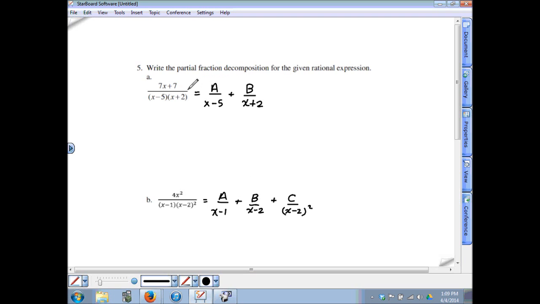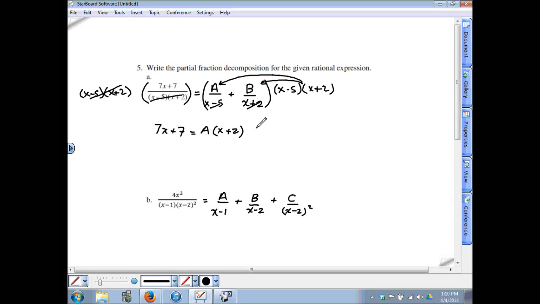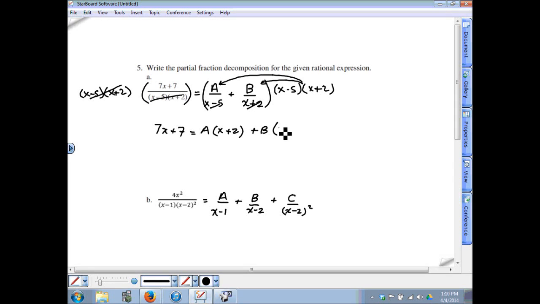Now up here on part A, after you make the form of the partial fractions, you multiply each side of the equation by the lowest common denominator. In this case, it's x minus 5, x plus 2. So that cancels out the denominator, and you're left with 7x plus 7. Now when the LCD distributes to that term, the x minus 5s would cancel, and so you're left with A times x plus 2, and then when it distributes here, the x plus 2 would cancel, so B multiplies